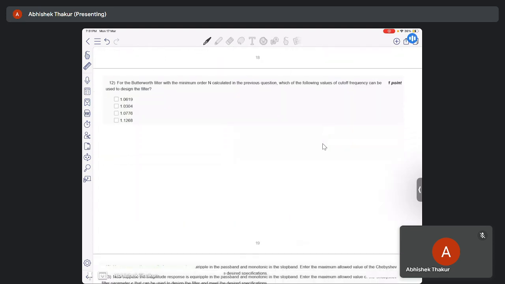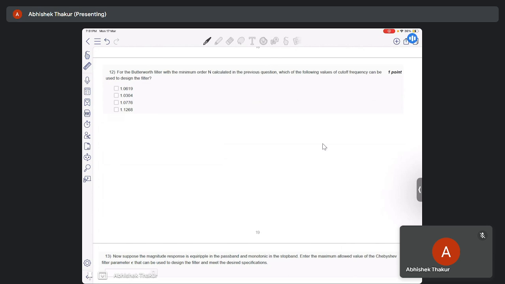Now coming to the next question. For the Butterworth filter with the minimum order n calculated in the previous question, that is n equal to 8, which of the following values of cutoff frequency can be used to design the filter? So, the constraints on the cutoff frequency parameter omega c are given as